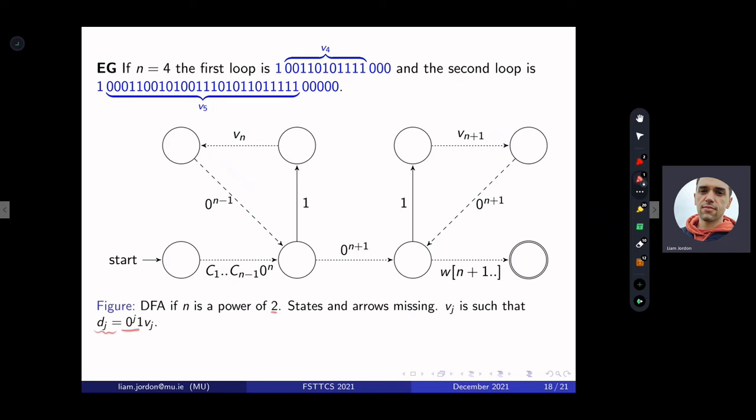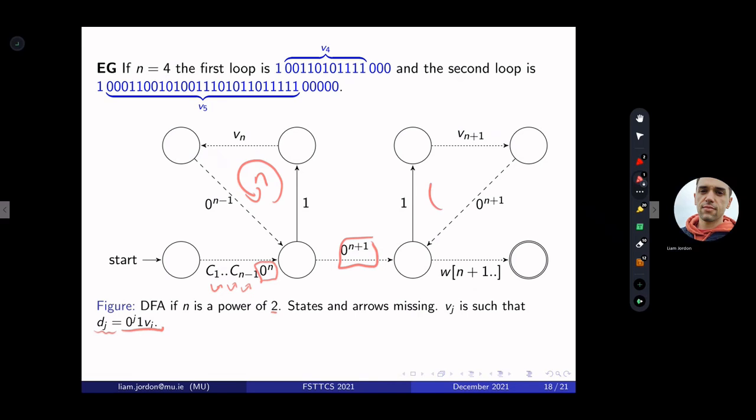So here dj is just split into these three substrings 0j, 1, vj. And so what you do is you read up to cn minus 1 bit by bit, and then you read the first n bits of dn. Then you would traverse this loop n times, and once you've finished that, you've fully read cn. Then you read the first n plus 1 bits of dn plus 1, and then you would traverse this loop n plus 1 times. And then depending on the length of w, you would traverse along here until you reach